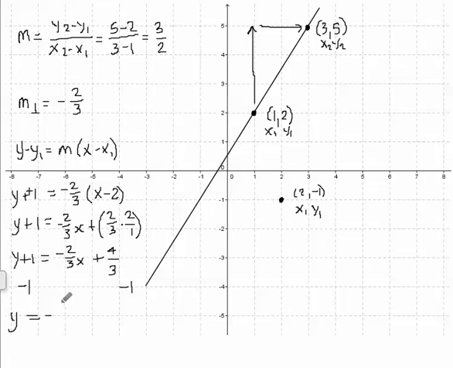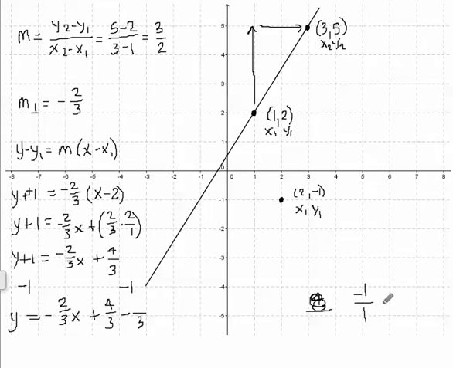Y equals -2/3 x plus 4/3 minus, and we need some number here that is going to have a denominator of 3, but that still has a total value of -1. Okay, so I'm going to come over here and show you the way I learned in grade school. If I want a fraction that has a denominator of 3, sorry, I'm not changing 4/3, I'm changing the 1. I need a -1,